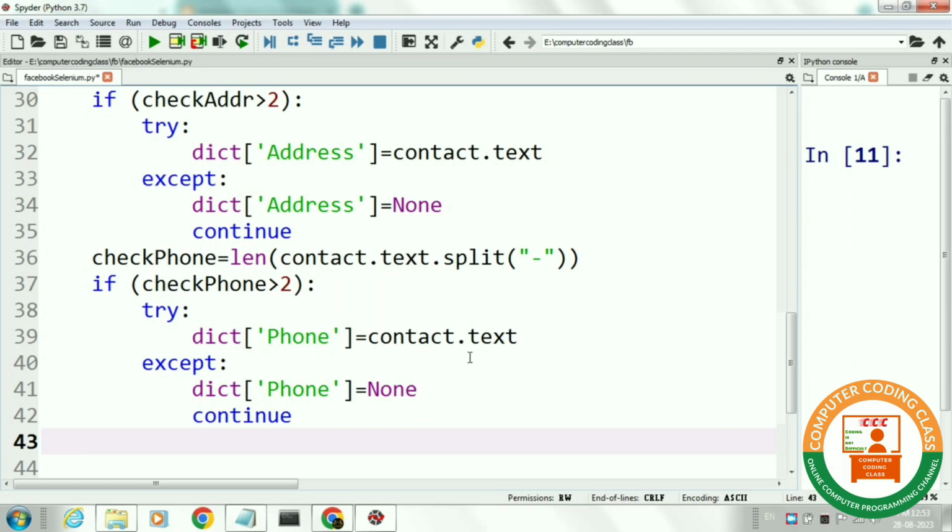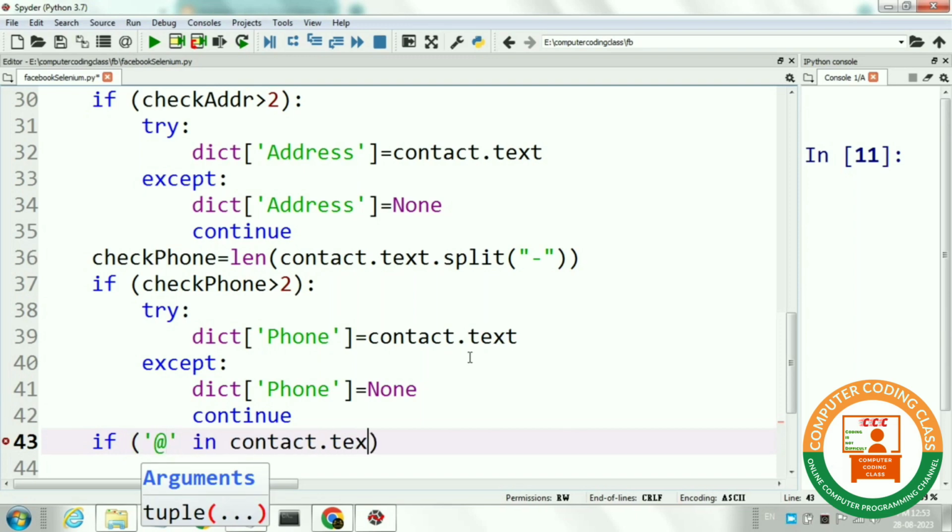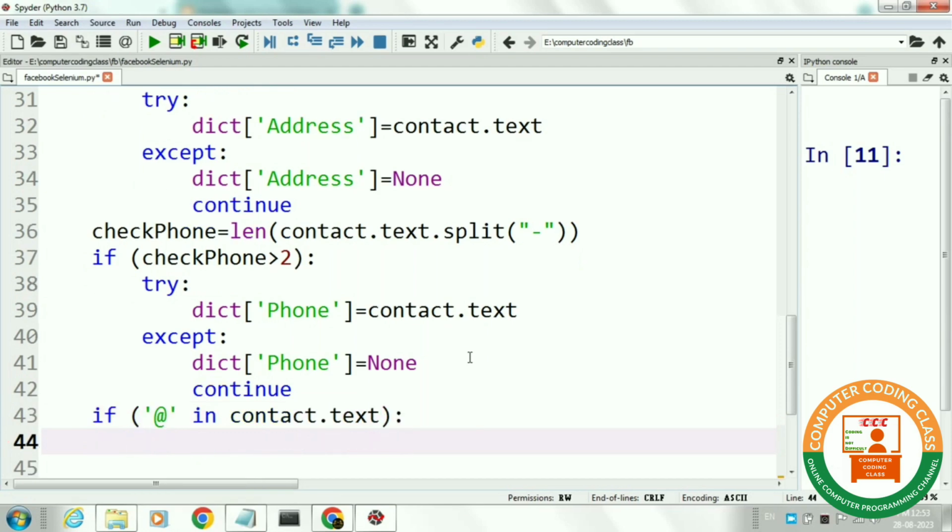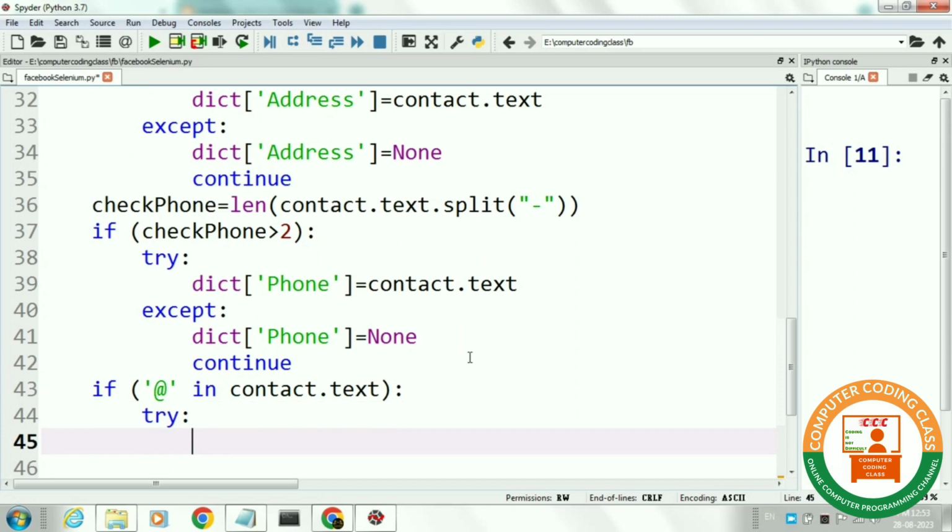Next, we will search for the at-the-rate-of symbol in each word. If any word has it, it means that word has the email address of the Facebook page. So next, in the try block, we will add that word as an email in our dictionary.